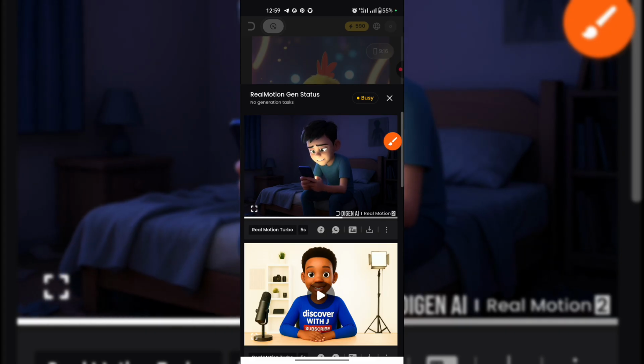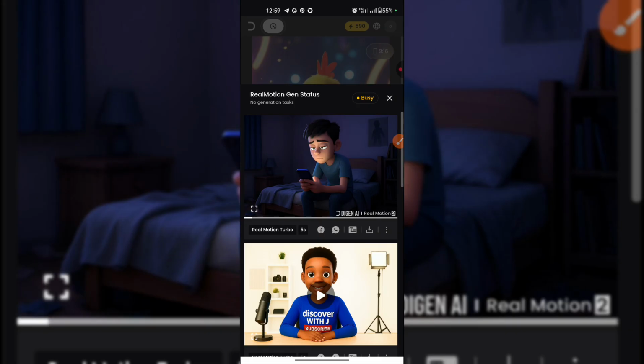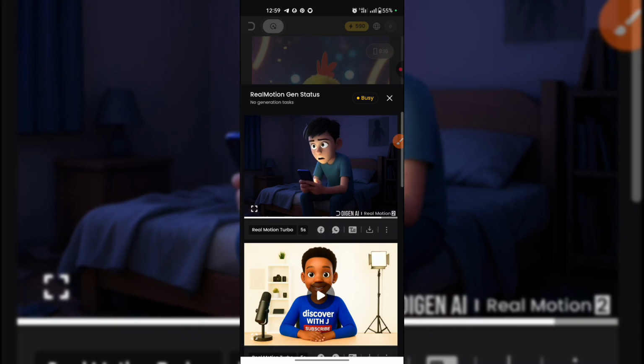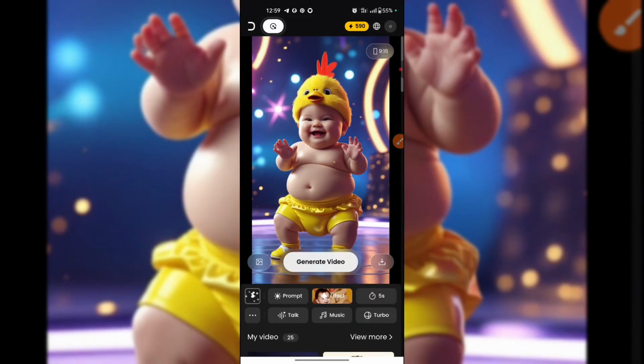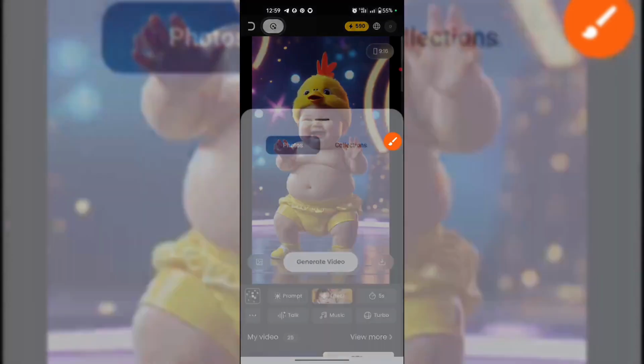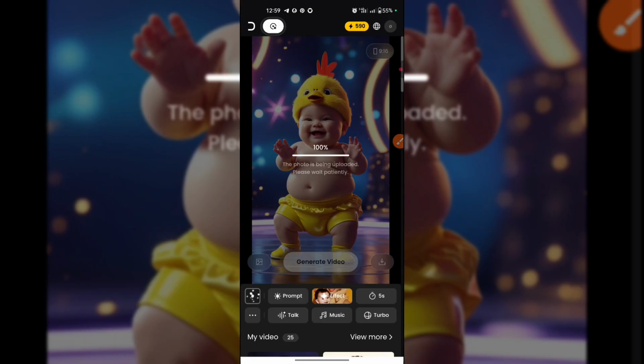Now let's generate scene 2. After this scene 2, I'm going to generate the rest off camera. The reason is that I don't want this video to be too lengthy and boring. So let me generate scene 2. I'm just going to click here to add the image, and then I'll add my prompt. So I'll click here and add the image. So now I'm uploading the image for scene 2. So let's wait.